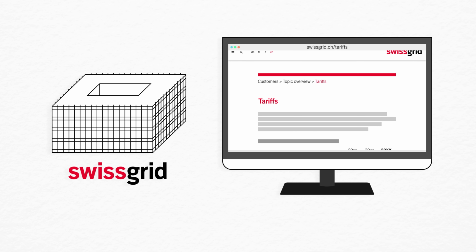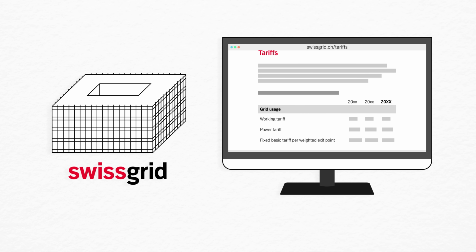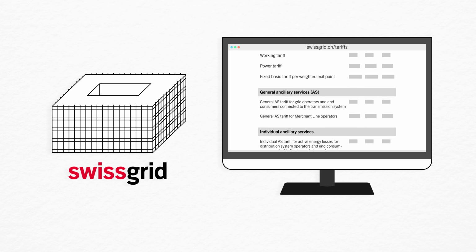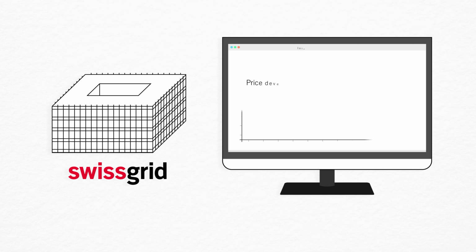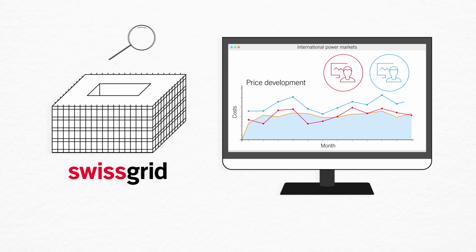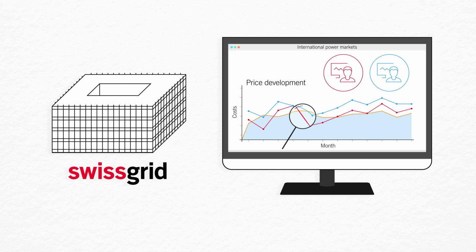Swissgrid is obliged to publish the tariffs for the following year by the end of March. Swissgrid therefore calculates these on the basis of forecasts, for example of price trends on the international power markets,